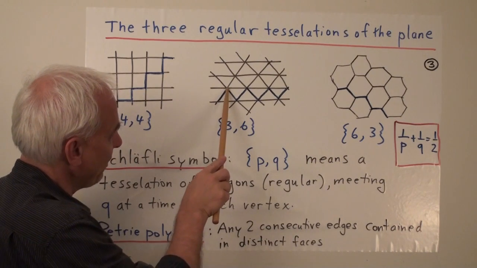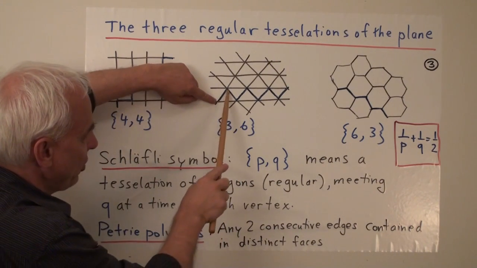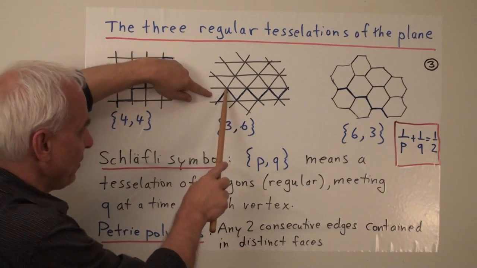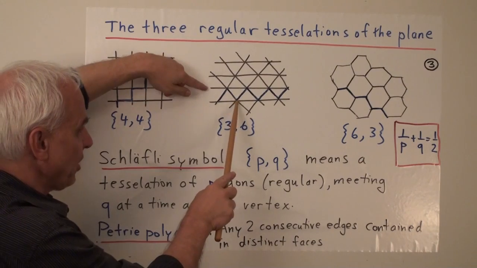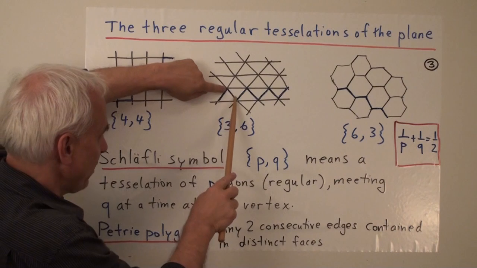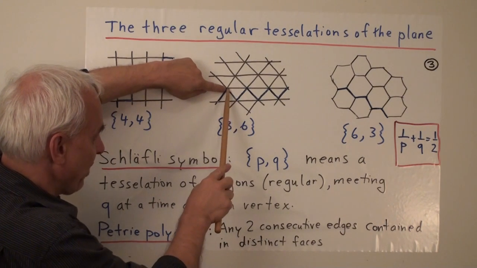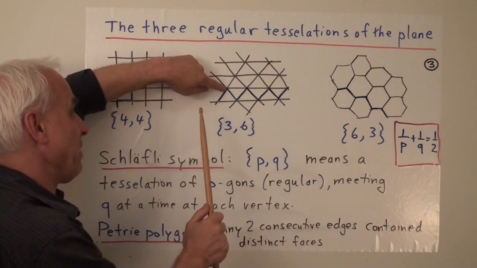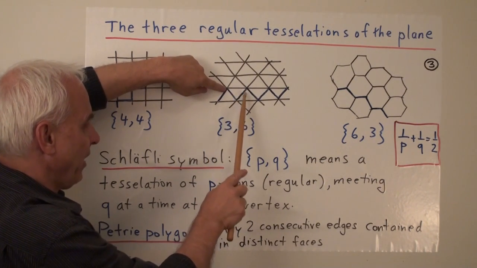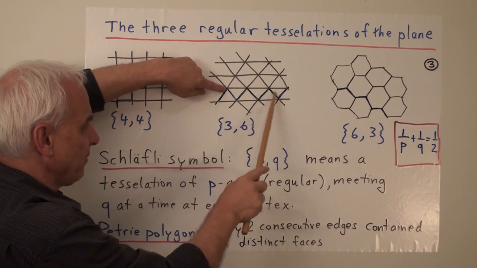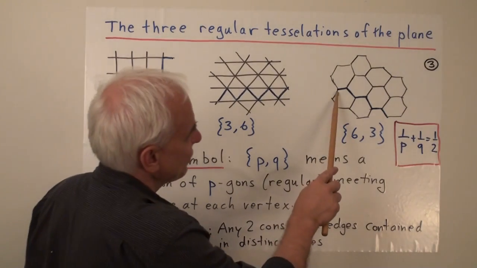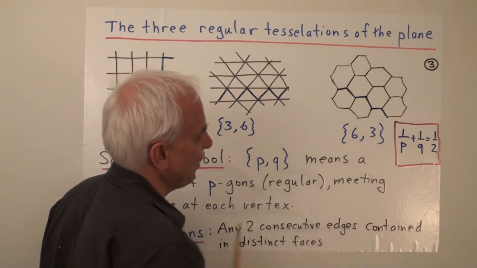So, for example, we go here, and then we go here. So that's starting to go around this face. So we've got 2 edges around that face, but now after that one, we have to switch faces. We're not allowed to carry on like that because then it would be 3 consecutive around the same face. So the next one has to be another edge around the other face that is bounded by this edge, namely this one. So after this one, we're going to go left here. And then we have to switch to this face, right, left, and then we get the zigzag pattern. And here, a Petrie polygon has this path kind of here.